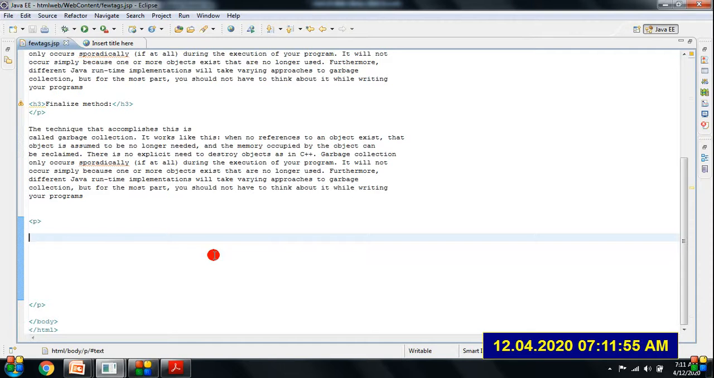list. So how do we create a list? List is classified into three. One is ordered list, another is unordered list, and the other one is definition list. So ordered list and unordered list are used